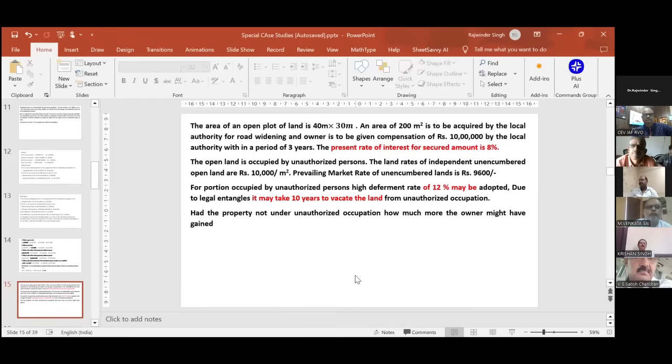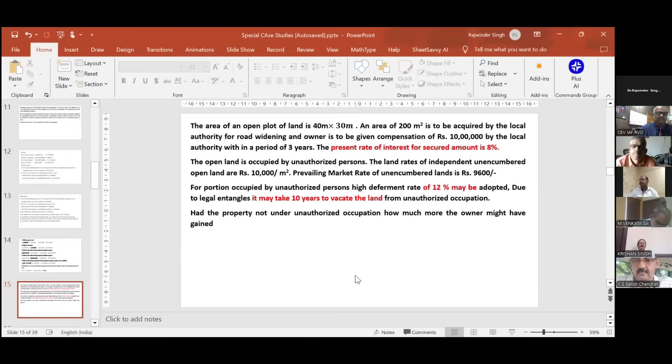So these are certain questions which are equally important from examination point of view and as well as from practical point of view. We are now taking case studies which are important from both points. And as a valuer, you must have knowledge not only of the methods which are given in the IBBI syllabus, you need to learn many other things which are not given there.